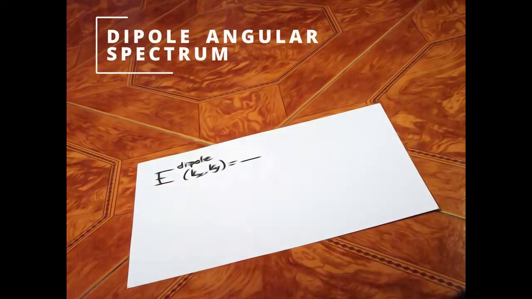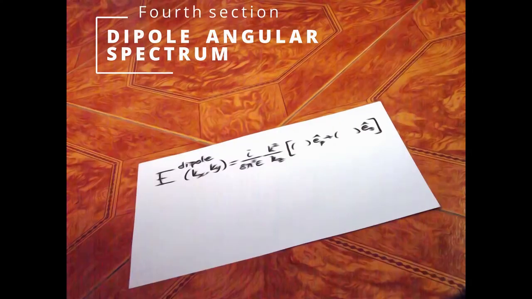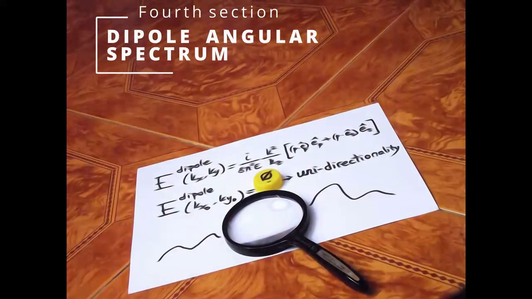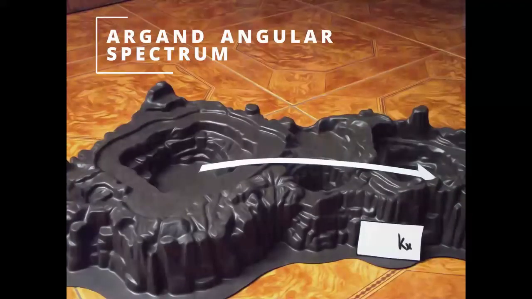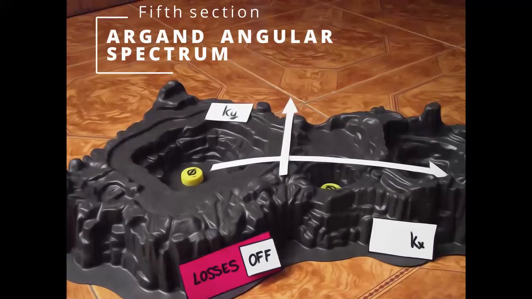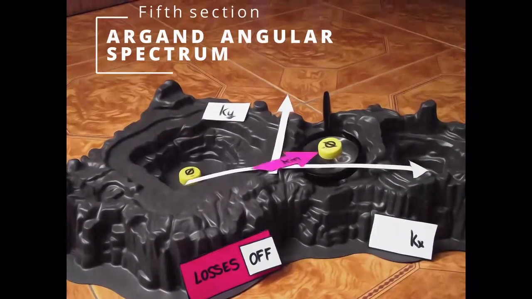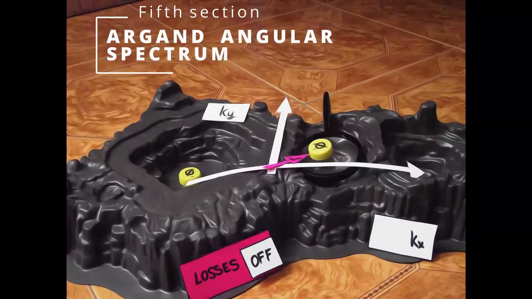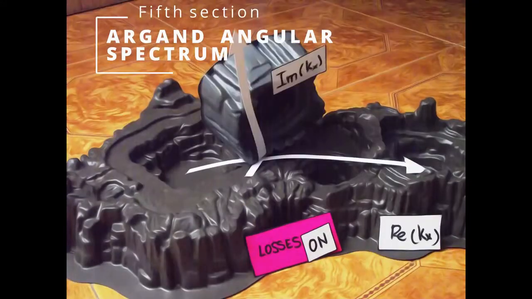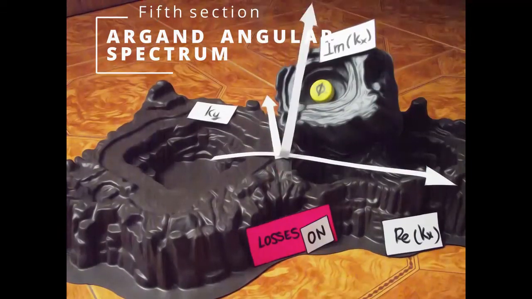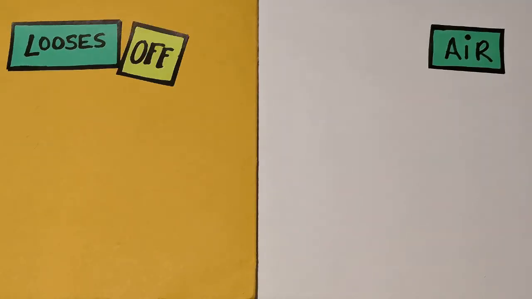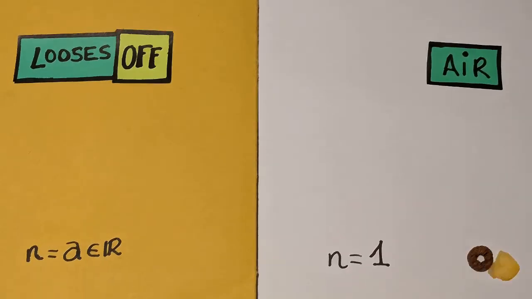But this idea can also be obtained using the angular spectrum of a dipole, looking for null amplitude points in yellow because that direction won't be allowed. Here, the spectral landscape without losses is presented. We found that yellow points, zeros, lead to unidirectional coupling in the opposite K direction. In the lossy case, we can initially see a clear zero, only a local minimum. True zero values are located above, in the axis corresponding to the imaginary part of the K vector, giving rise to a complex angular spectrum.